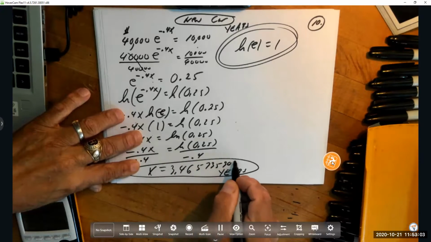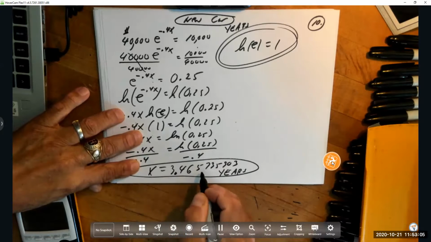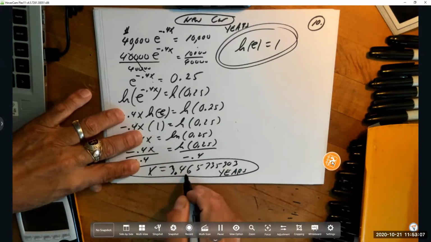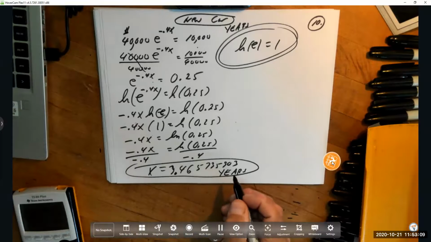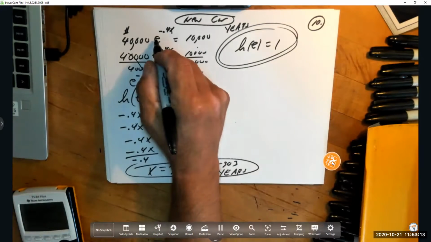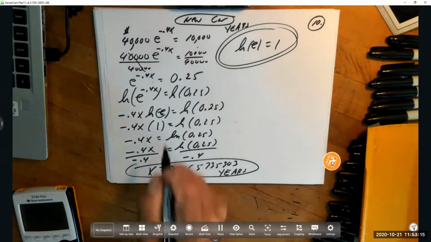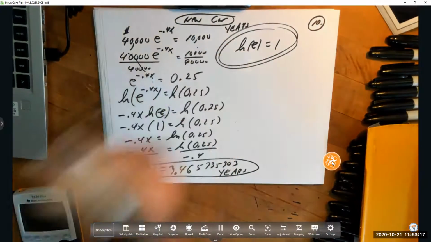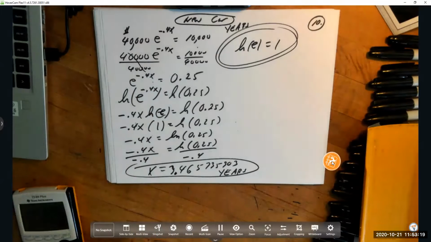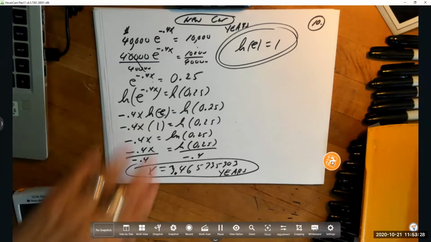3.465735903. So 3.46, like this. 3.4657. Yes. So I guess 3.5 years. You buy your car, and 3.5 years later, they only give you 10,000 for your car. That's all it's worth because it went down in price. Does that make sense? Yep. Yes. All right. So now that you have the scale, now we're gonna be able to do